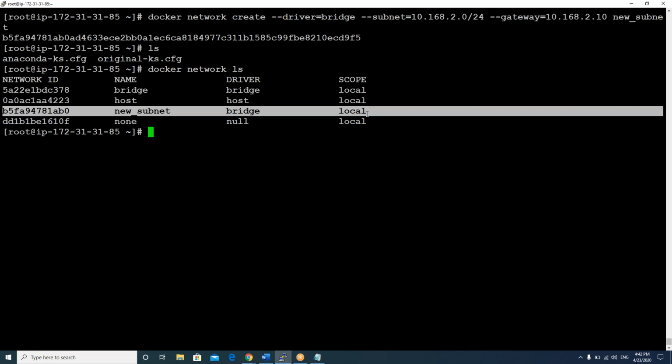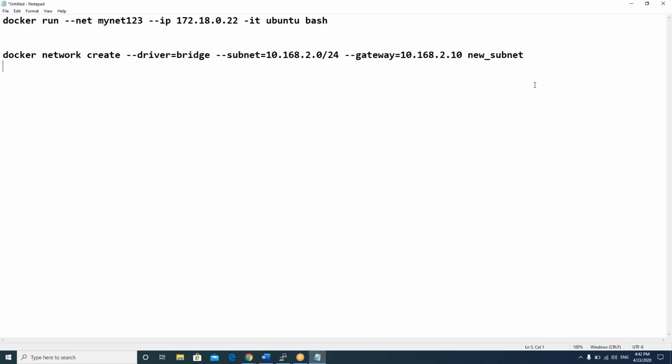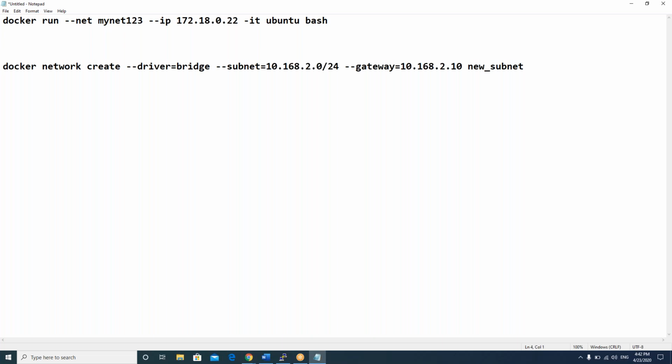10. The same command. Can you open your notepad once? You can use the first command here. Just remove that hyphen IP and the IP address, because if you want to go with a static IP, you can use the first command. I don't want any static IP.